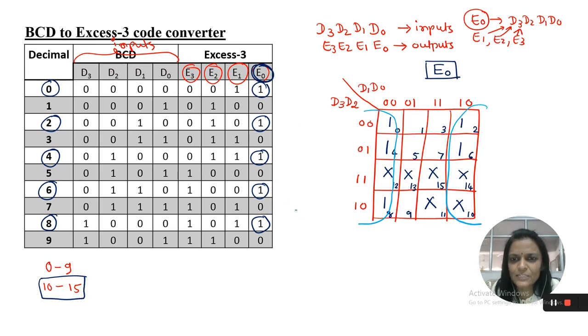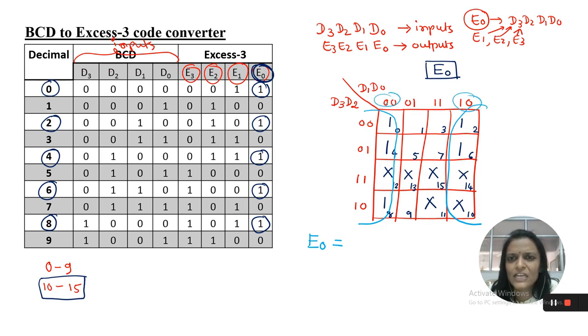So let us write down the expression of E0. Let us check the variables D3, D2. There are 4 rows in the group, and in these 4 rows D3 and D2 change from 0 to 1, so they will be eliminated. Let us check the 2 columns corresponding to D1 and D0: 0,0 and 0,0 and 1,0.